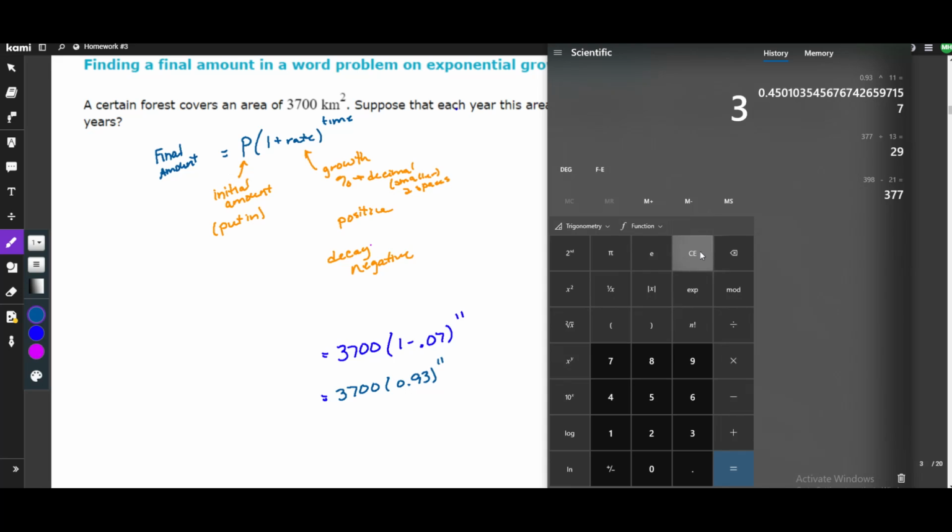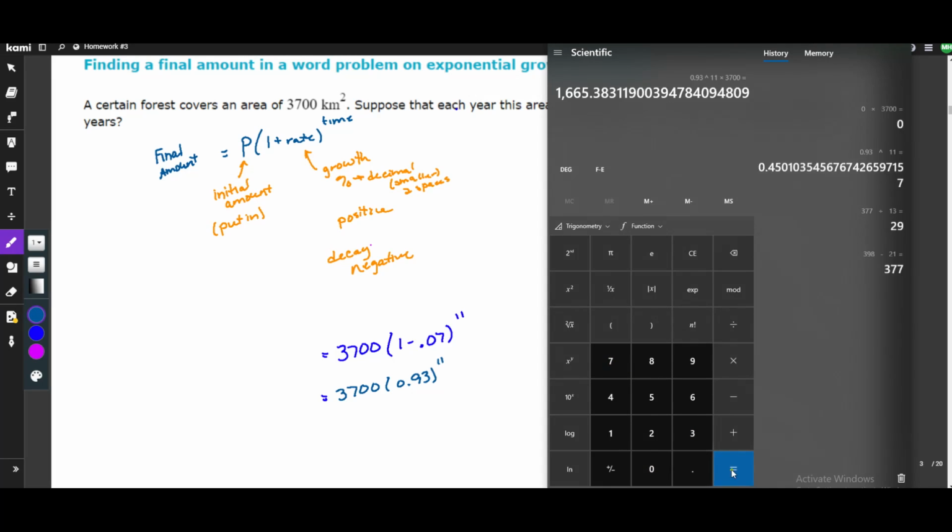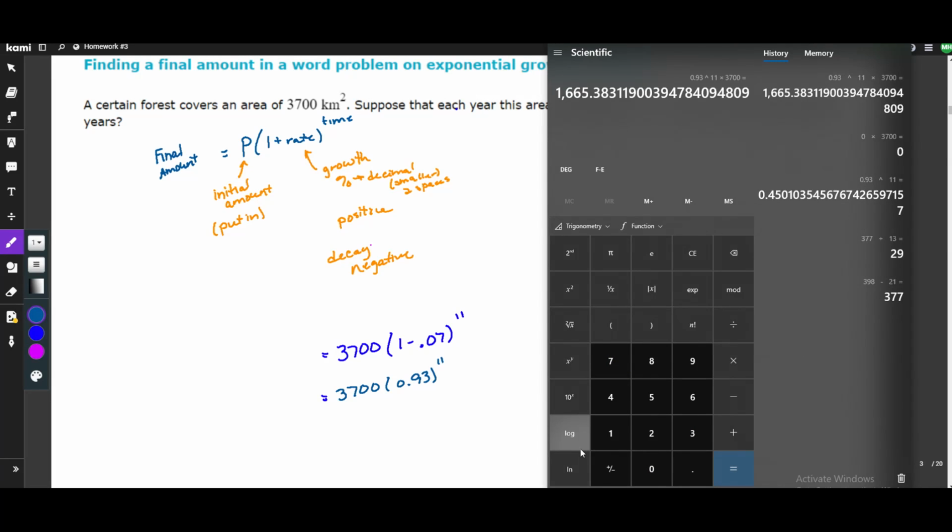No, I'm not going to. I'm going to go times 3,700 equals, and this should get smaller. It should be less than 3,000. When I do it, I didn't have all my stuff, so I've got to retype it. 0.93 to the 11th times 3,700 equals, and that will give me